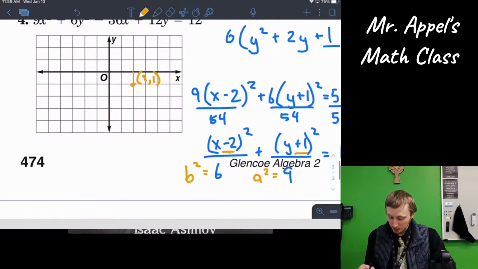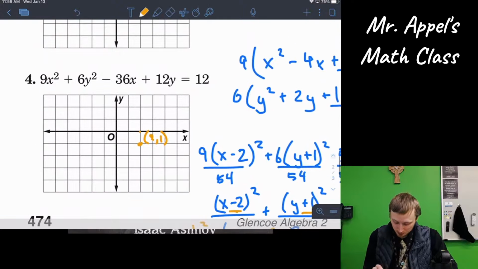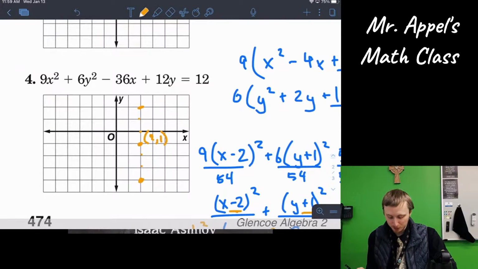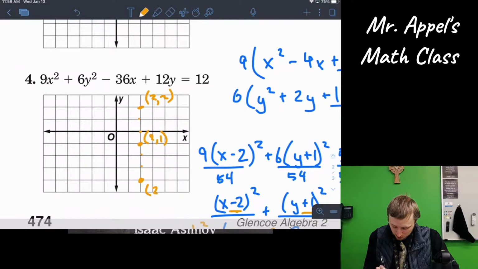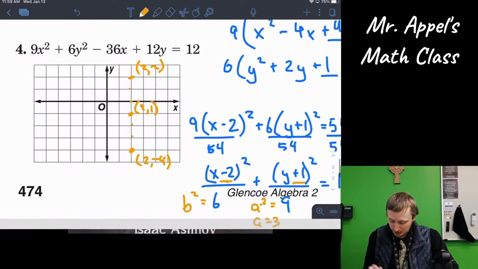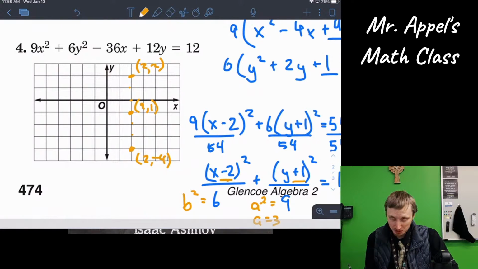Anyways, all right, so a is 3 in the vertical direction, so we're going to go from the center, 1, 2, 3, and 1, 2, 3. There are the top and bottom edges of my ellipse. All right, and if you want the coordinates, that's going to be 2, 2, 2, negative 1, 2, 3, 4, negative 4. Okay, and b is going to be a square root of 6,